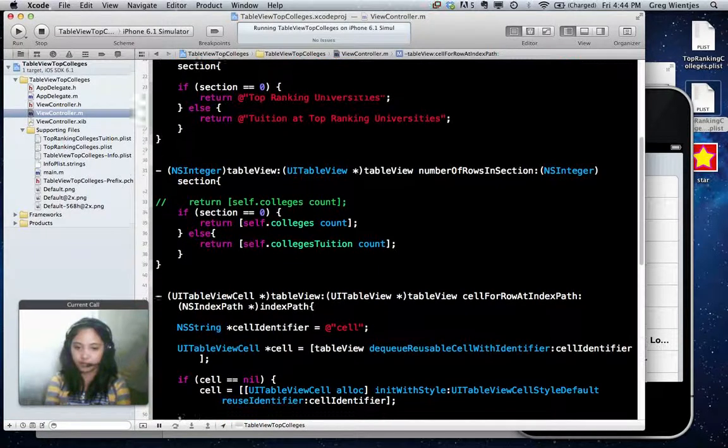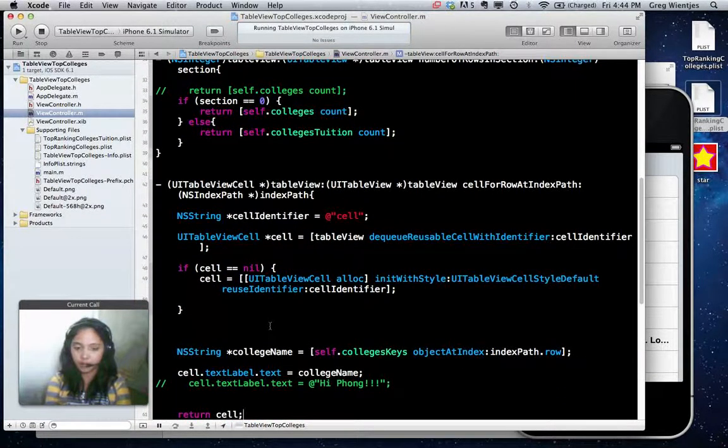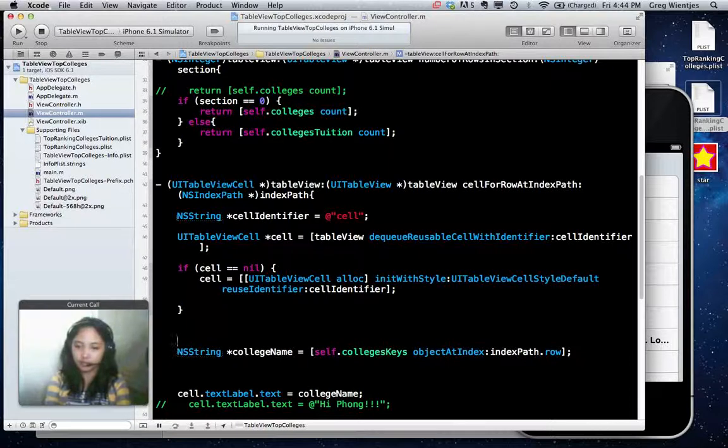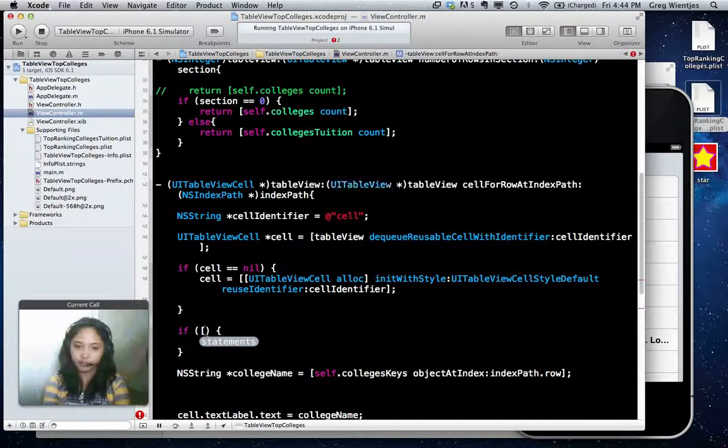Now let's also fix up the cell title. So we need to have a similar process of checking which section we're in. And you can see here, this is where it's pulling out the college name. So in this particular example, we're dealing with the same colleges. So this will almost appear to be identical to what we output, but it's in the next phase when we pull out the tuition expense and display that we'll actually be seeing the difference. All right, so now we'll do a similar check. So we'll say if index path row